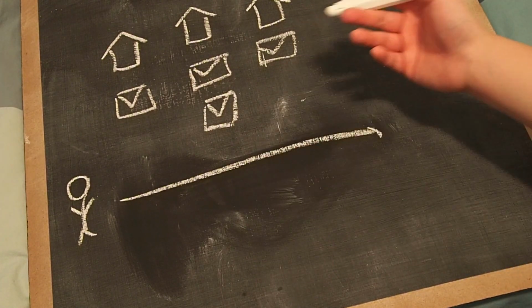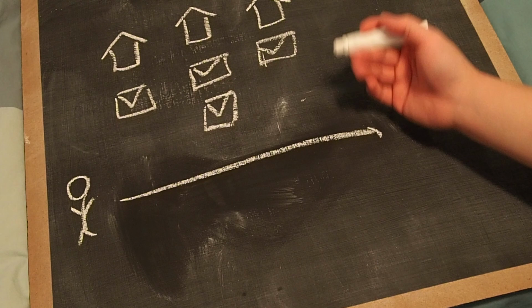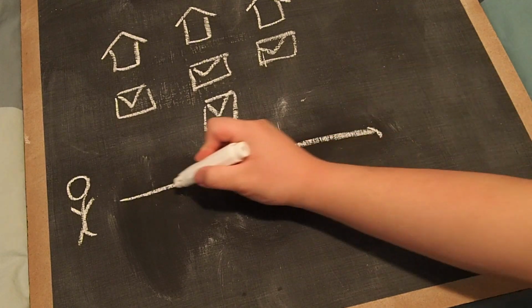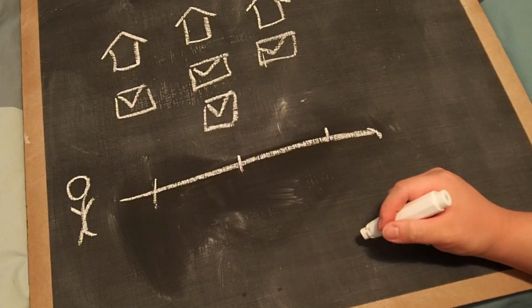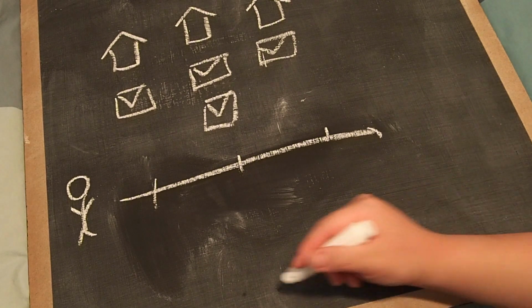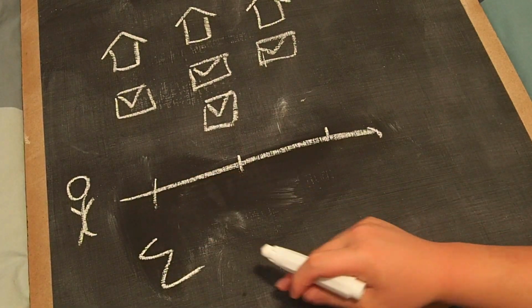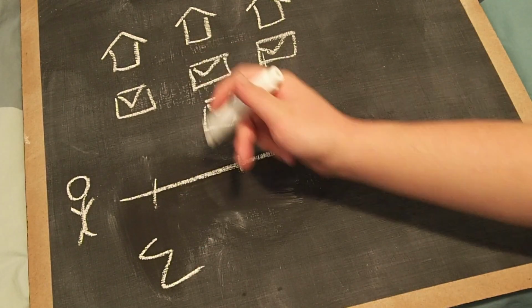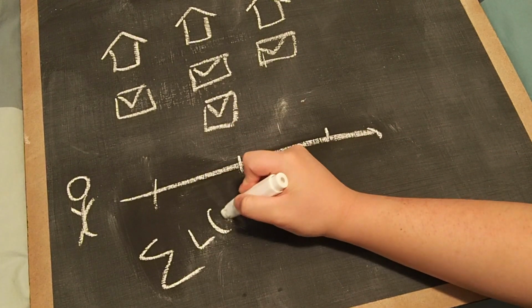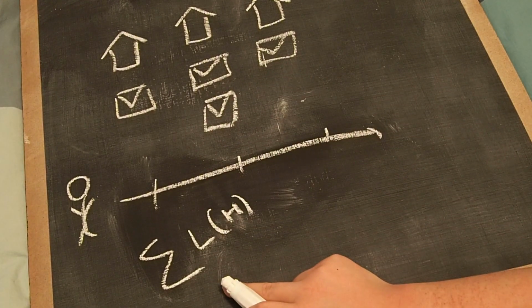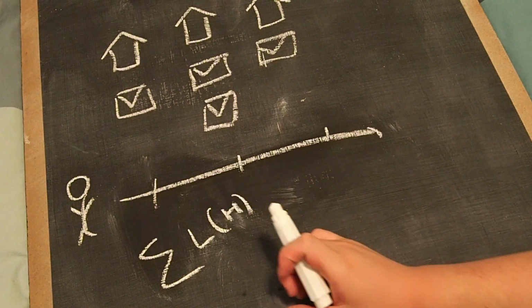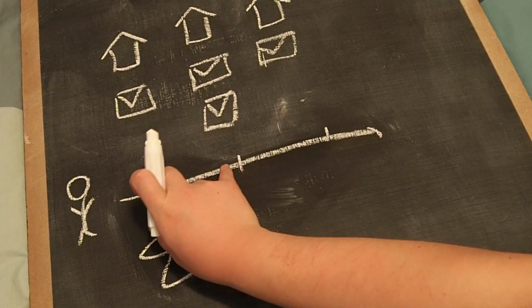So across these three houses, there would be a total of four letters. We can write this out as a sum of the number of letters per house. Let's call that L of H,